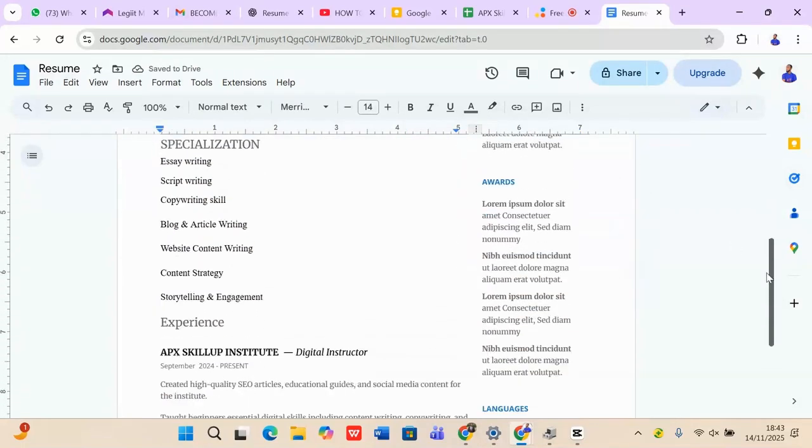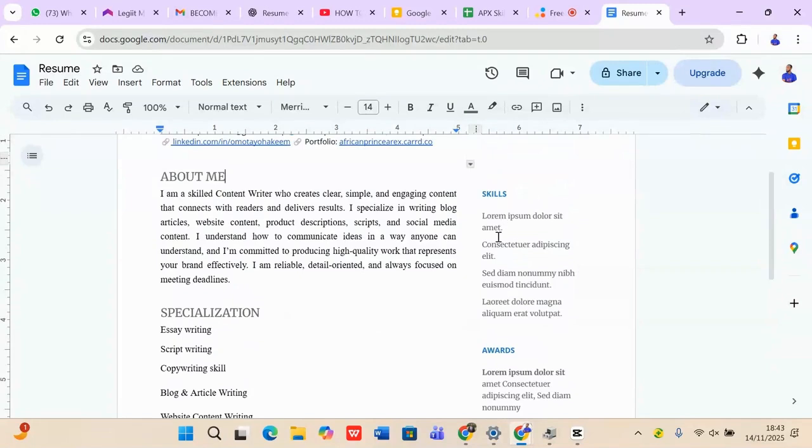Now, this particular place, you still need some things to do. We have skills. This particular skill, we've already included it in the specialization here, so we may not need to add the skill. If you now have external skills apart from writing skill, this is where you can list out all the skills that you have, whereby they can see that, oh, this person is also a graphic designer, just like me. I am also a graphic designer. I'm a video editor. I've learned all those skills over time. So you can include them here so that they can see that, oh, this person is basically what we wanted.